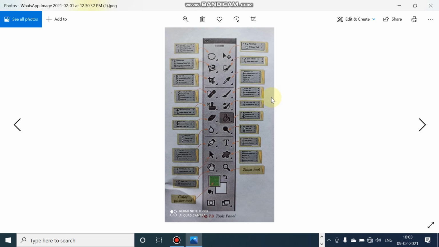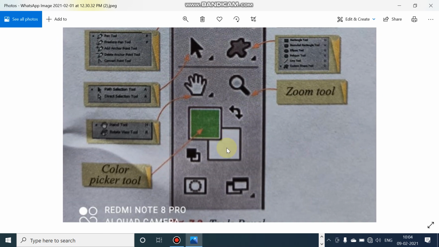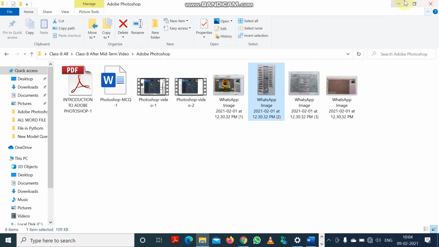You can see here that these are the tools, and you can see at the bottom there is the color picker tool. In the color picker tool you can see we can set the background color, which is by default white, and foreground color, which is by default black, but here green color is selected. So this is the color picker tool which actually helps us to set the foreground and background color.